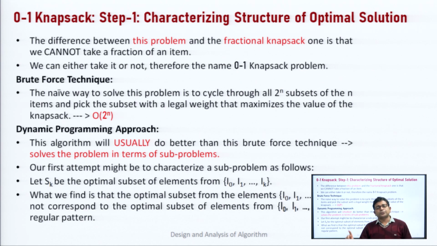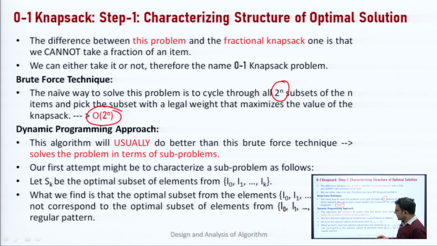If you are going to solve this problem using the brute force approach, what will happen? Basically, there are 2 to the power n possible subsets. If there are n elements in a set, how many subsets are possible? 2 to the power n. So, if we solve this problem using the brute force technique, the complexity would be big O of 2 to the power n, that is the exponential complexity. So, it will be very high. In order to reduce this complexity, we will use dynamic programming, and we will see how dynamic programming would help in solving this problem and reducing the time complexity.